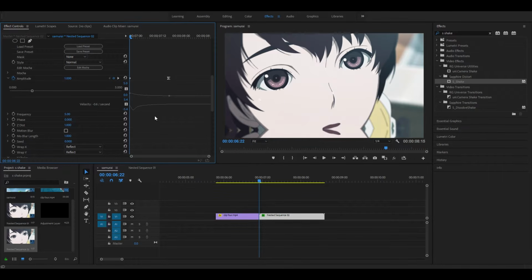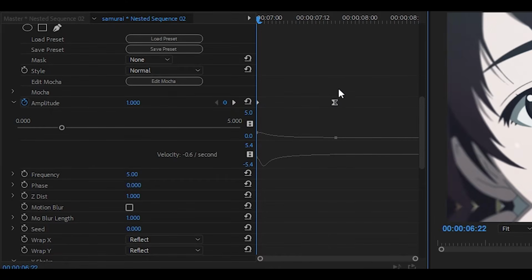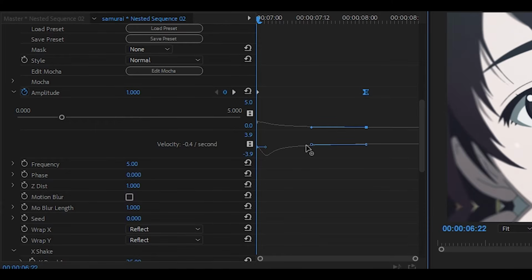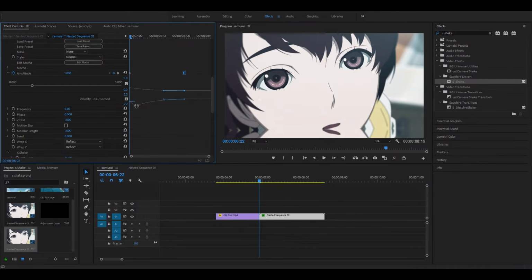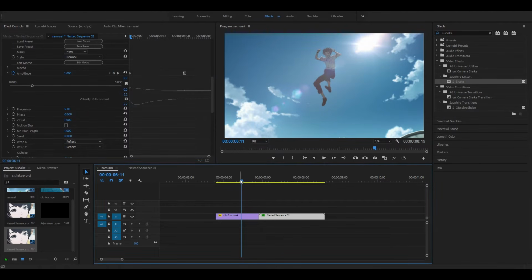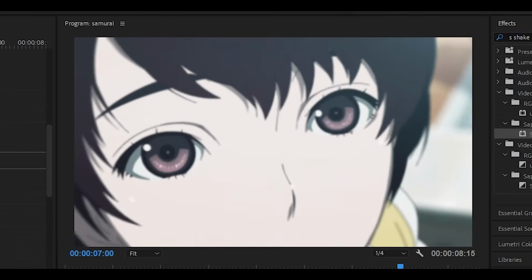Now if you do not like your shake, it is up to you to decide what you want to do with it. You can, if you want to, move the last keyframe of the amplitude a bit more to the right, which is going to increase the duration of the shake. If you head back to the little bar that we pulled to the left, if you want to you can pull it slightly back to the right, and it's going to create a really smooth ramp, and now the shake is going to look something like this.